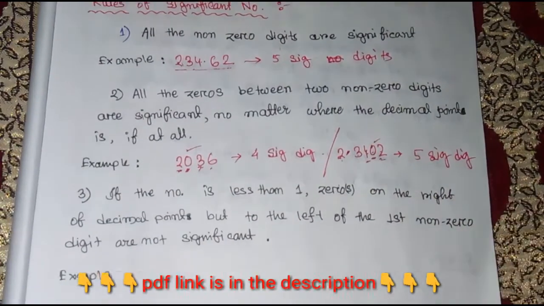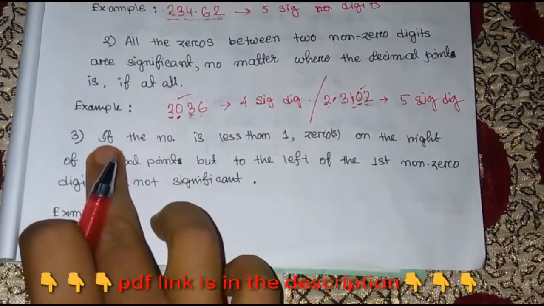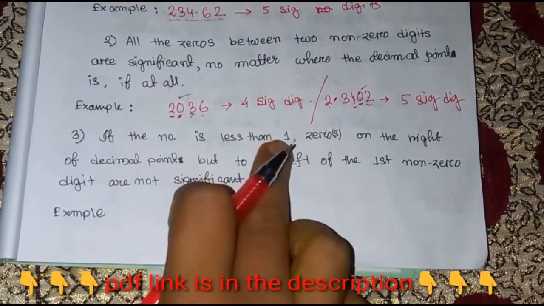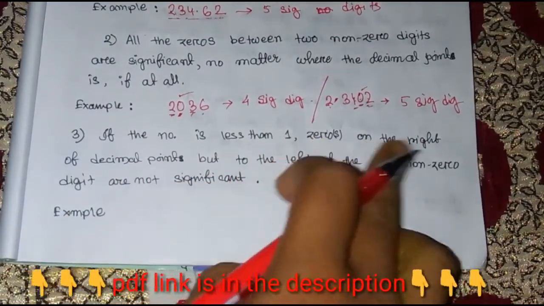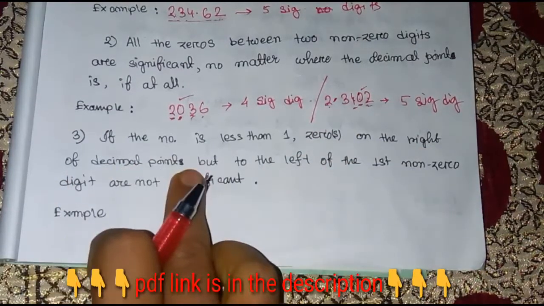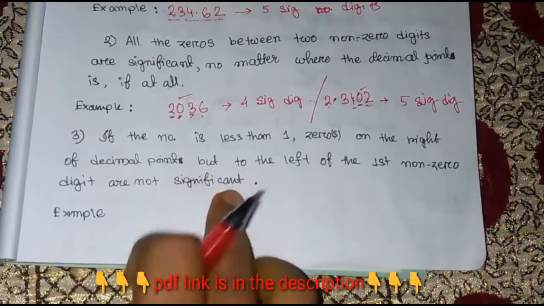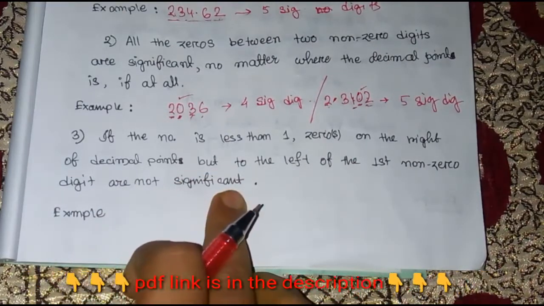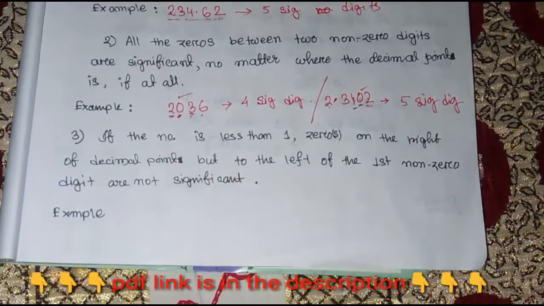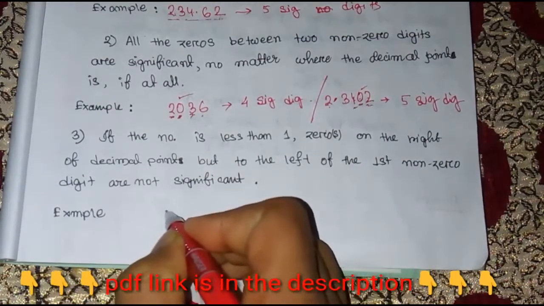Okay, let's see the next rule, that is, if the number is less than 1, zeros on the right of the decimal point but to the left of the first non-zero digit are not significant. What does it mean? That means if a number is less than 1, let's see